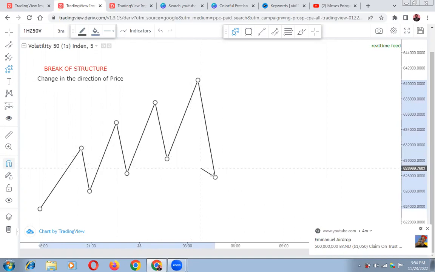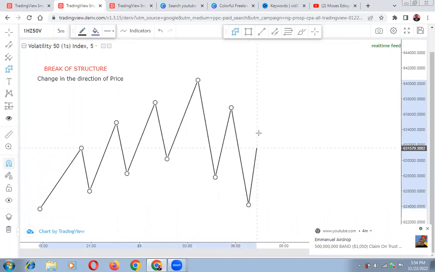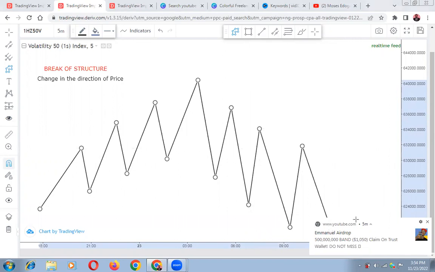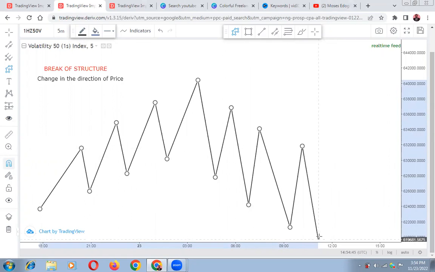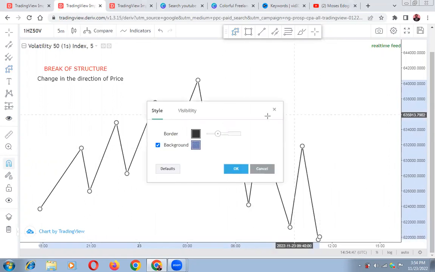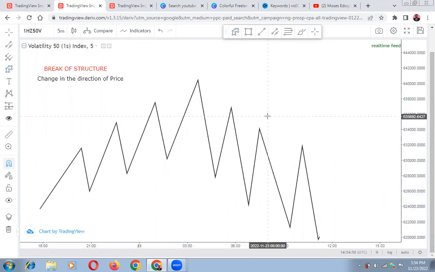Once it breaks this lower high, the next thing you'll be seeing is going to be giving you a lower high, a lower low, a lower high, a lower low, lower high. Just stuff like this. So it may not be picture perfect, but I think you'll be able to get the